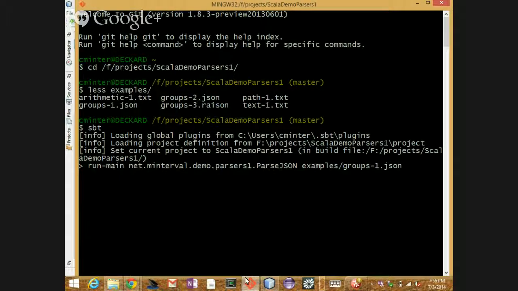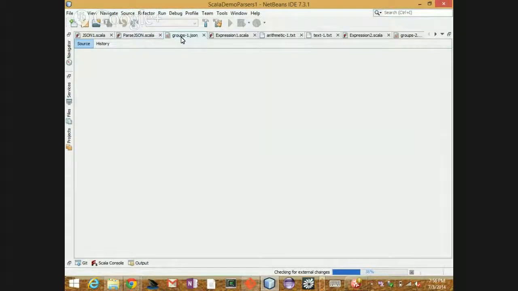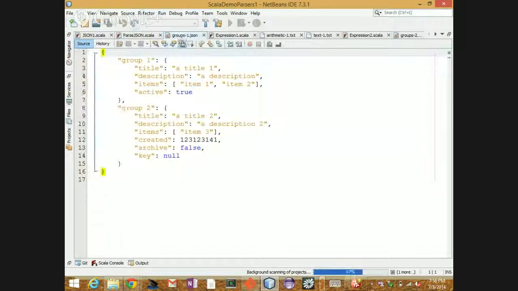So the other thing is I'm going to run it on this. This is an object, and it should have two members in it, one with the key of group 1, the other with the key group 2.